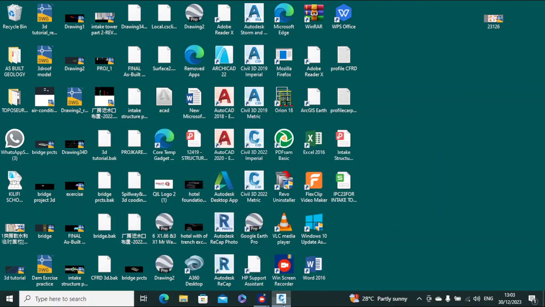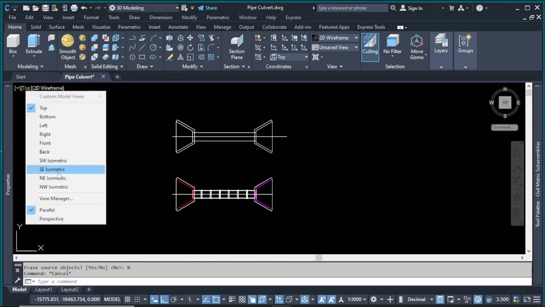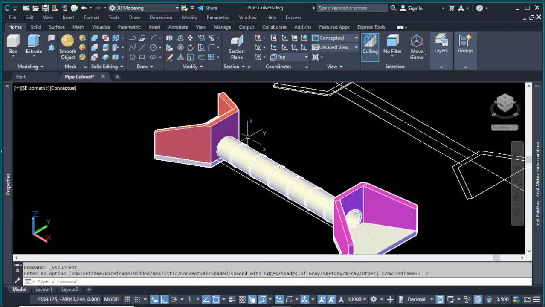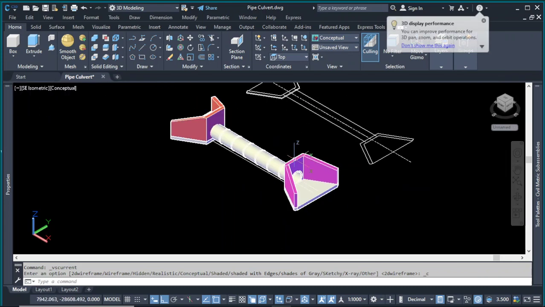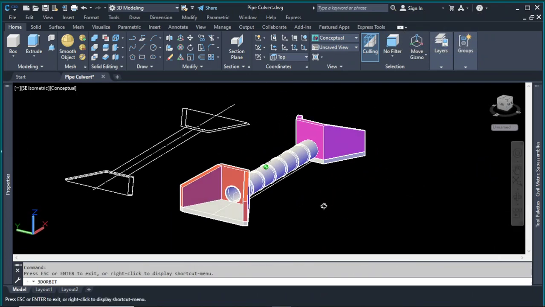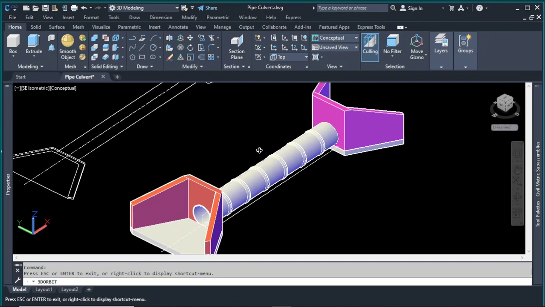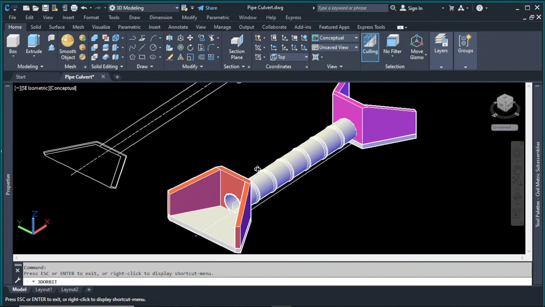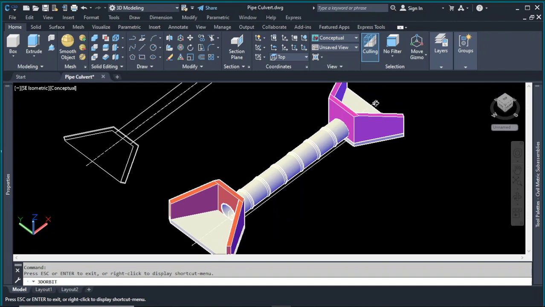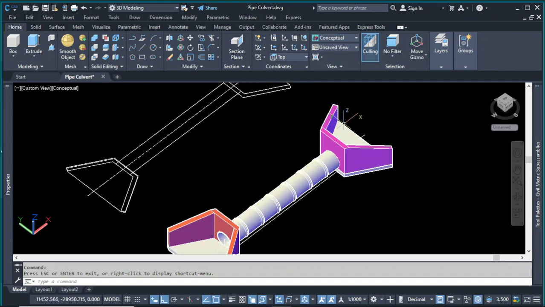Hello everyone, and today I want us to design a pipe culvert. As you can see, I have designed one. Then you can try to make one using the same techniques that I used, and you can see the pipes, which are interlocking, the aprons, the wing walls, and the foundation slab. So I'm going to delete this one